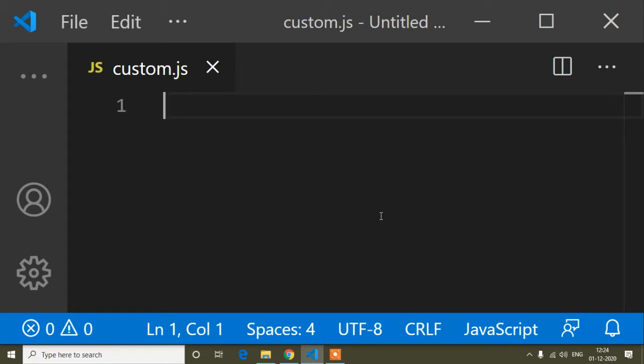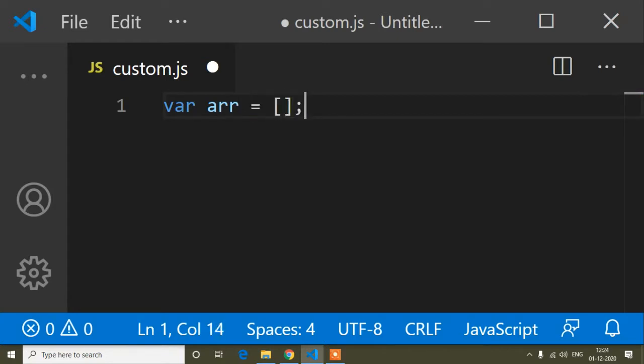So to show the array flat method, first of all I have to create an array, where arr is the variable name, and now I will put some values in this array. First of all, the array flat method creates a single array with the elements of the sub arrays.